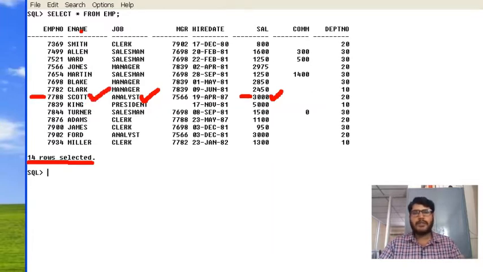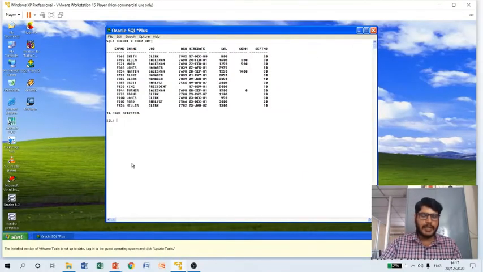Now I want to modify the record. How to modify? I need to write update command here. So update. Now I need to write the employee table, isn't it? Because I want to update a record present in EMP table. So update EMP, set keyword we have to use. First value I want to set is for job column.